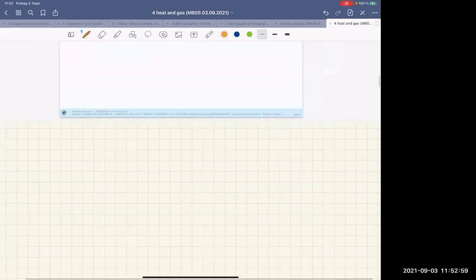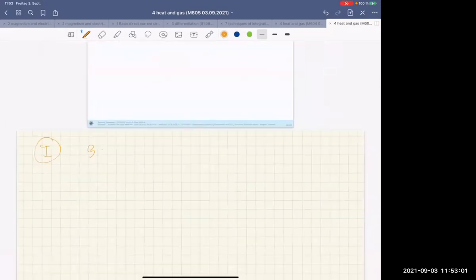In the first situation, we have 98.6 degrees of Fahrenheit, and we want to find the temperature in Celsius. TC, how could we find that? It's 5/9 of TF minus 32, and you get